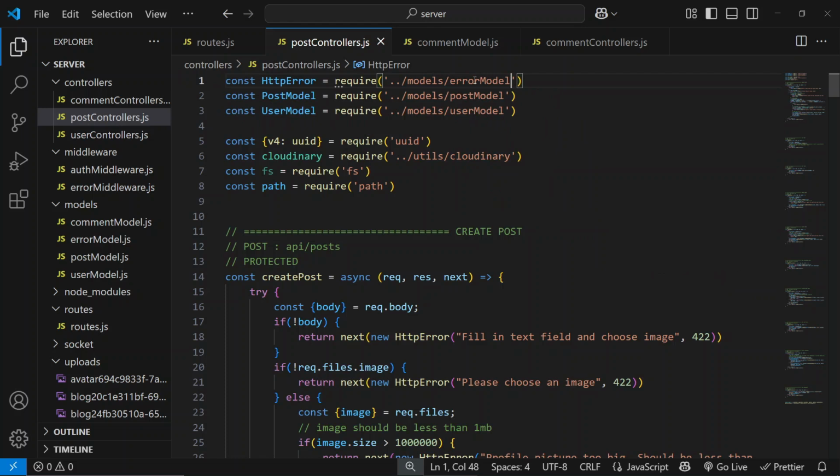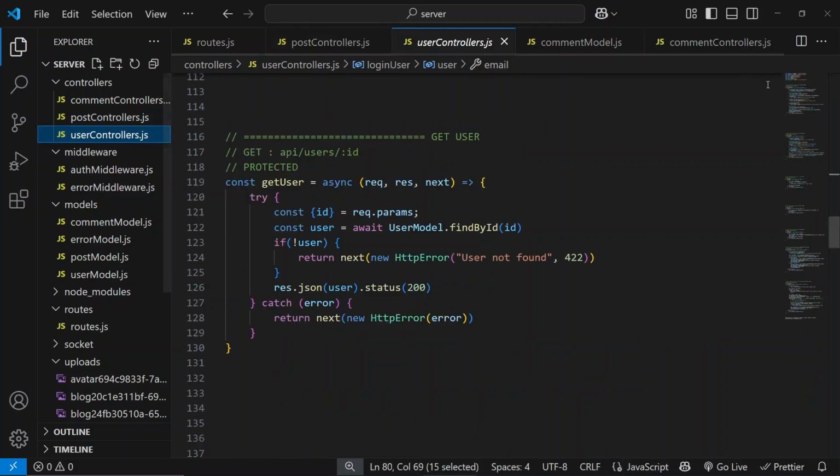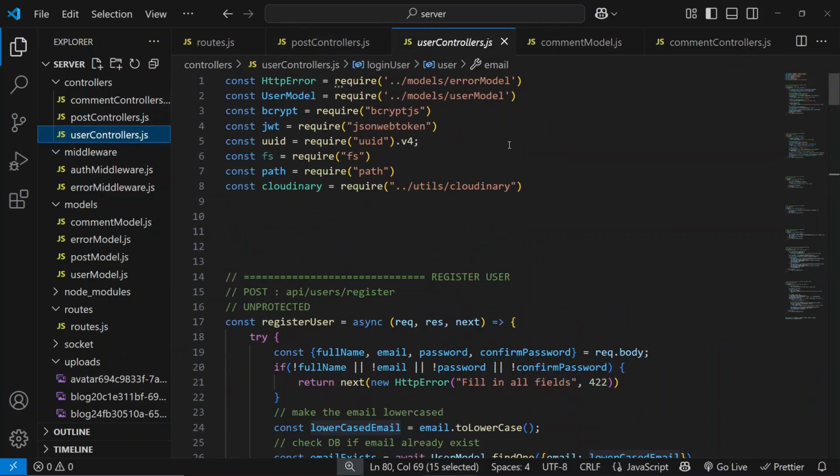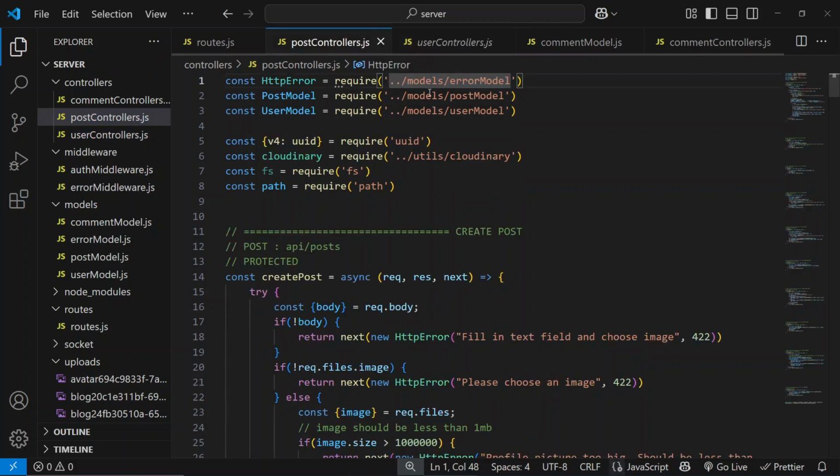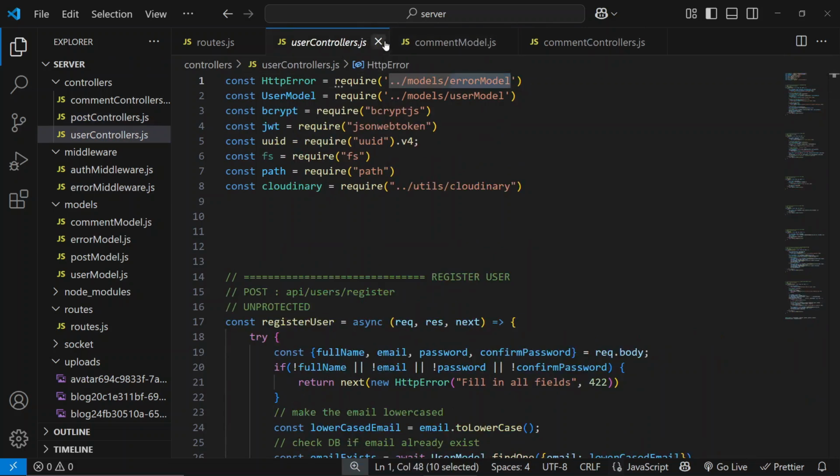I hope that makes sense. Yeah, that's how it should be. I don't know if I made the same mistake in the user controller as well. I don't think so. Right here. Okay, so this is correct, but for the post controller, I did not get the right thing. Okay, so I'm going to close these two,